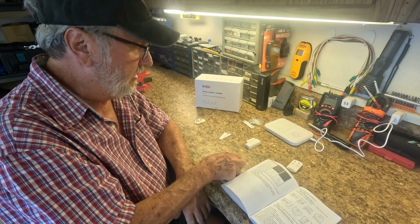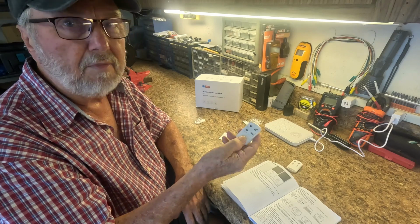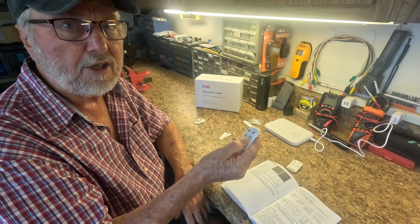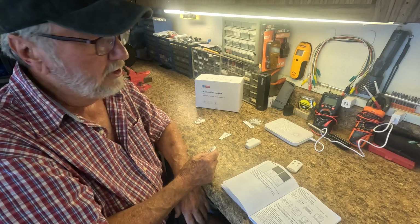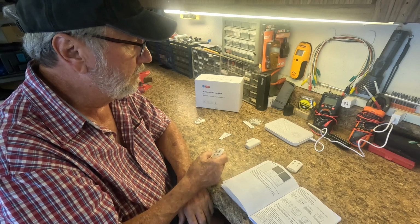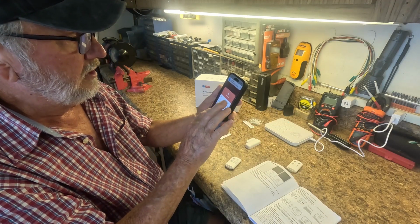But what we need to do is arm it, and I'm going to do that. So one of the members in the house, maybe that one has a medical condition and needs to alert someone, this could be it, the SOS. We're going to wait till it's armed. Okay, it's armed. Now I'm going to push it. Now that is an SOS, and on my